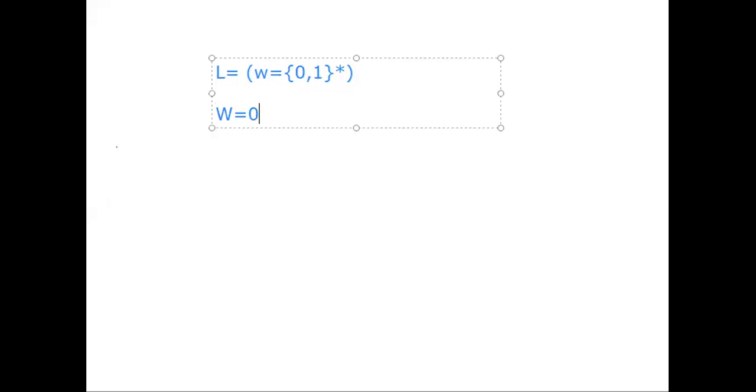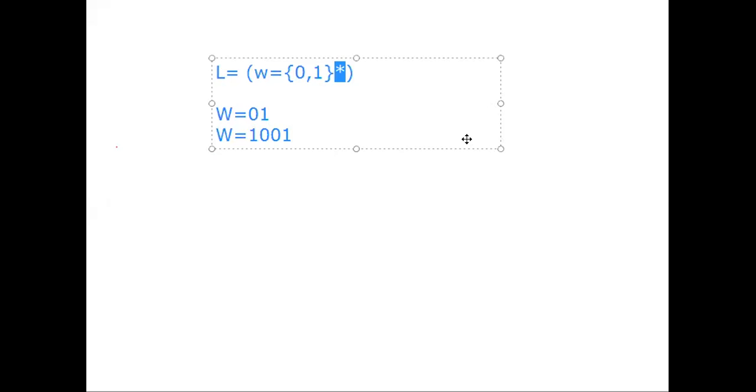I can use 0 1, so the second W is equal to 0 1, like this. Because star means any alphabet and any combination of any number of alphabets, I can make the word with 0 and 1 and any number of 0s and 1s. That is what star means.